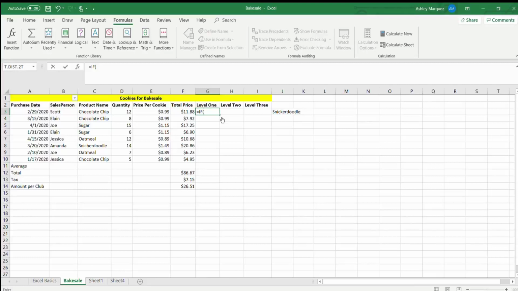And so the first thing that you're going to write is the test. So what is Excel going to test for? It's going to test whether the quantity D3 of cookies is greater than 6. Then I'm going to put a comma. So after the comma, what do you want Excel to do if the test is true? If the test is true, I would like it to write candy